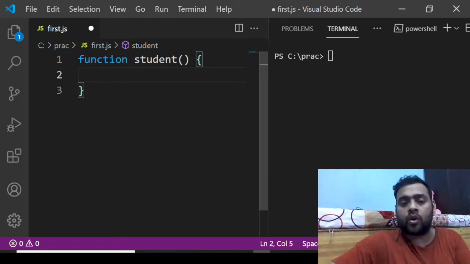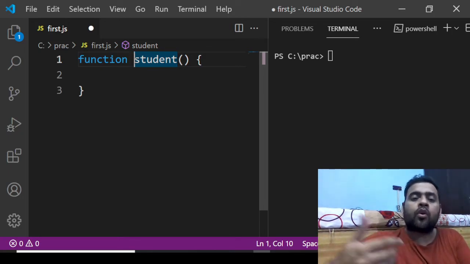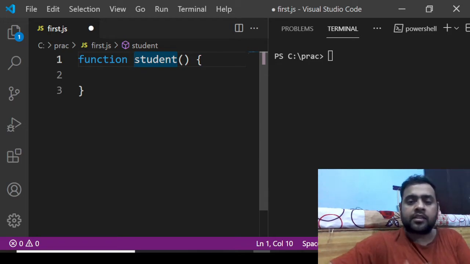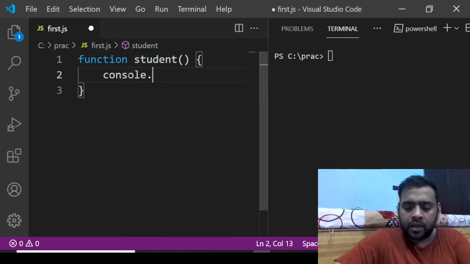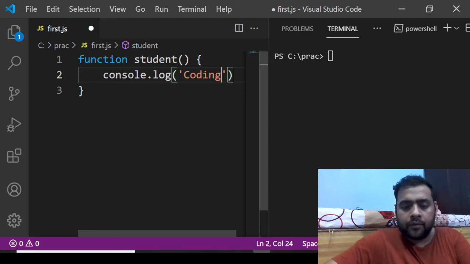Like function student, or get details of students, or get student details. We should use this kind of name so that every developer can understand what you are writing in that function. Let's use just a console.log statement, nothing else, and just print coding.